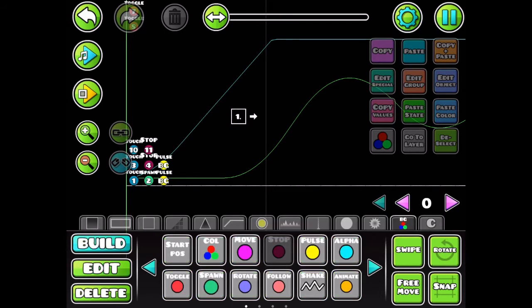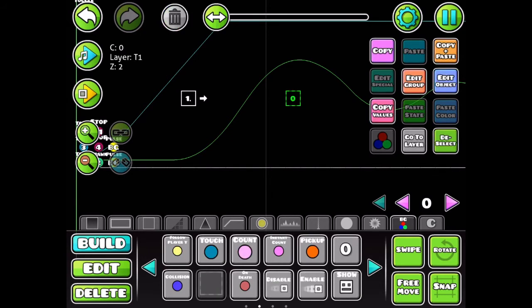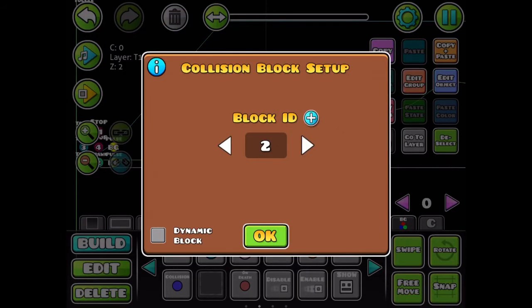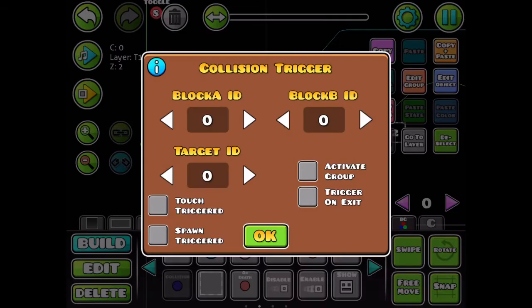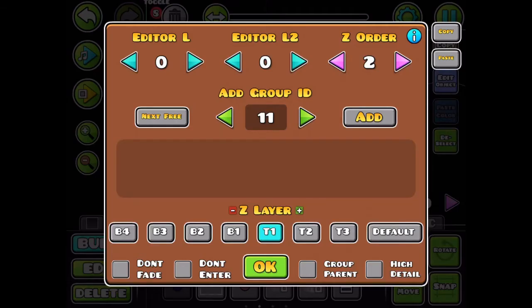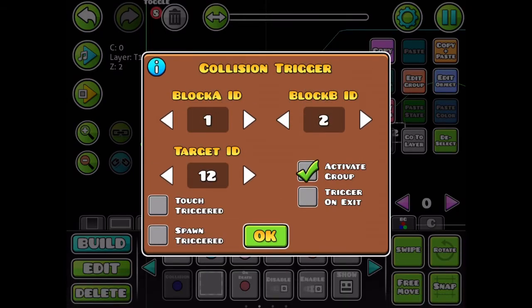So, before we get started, go ahead and add another one of those trigger boxes. Have it as 2, non-dynamic this time. Now for this, we're going to add a collision trigger. Have the block A ID as 1, and the block B ID as 2. And you can have the target ID as the next free group ID, which is 12. So change that to 12, activate,